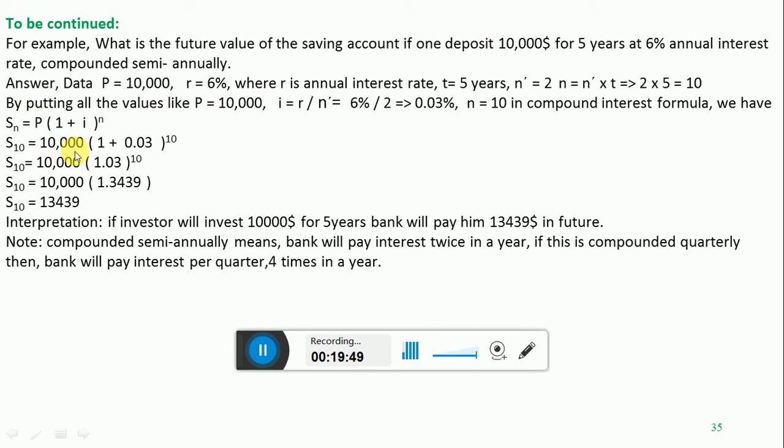We substitute it here. I is very clear, 0.03, and again n is 10. So S10 is equal to $10,000 multiplied by (1 plus 0.03), that is 1.03, raised to the power 10. S10 is equal to $10,000 times 1.3439. When we put the value 1.03 raised to the power 10 in the calculator, we can compute it, which is 1.3439. $10,000 multiplied by 1.3439, we have S10 is equal to